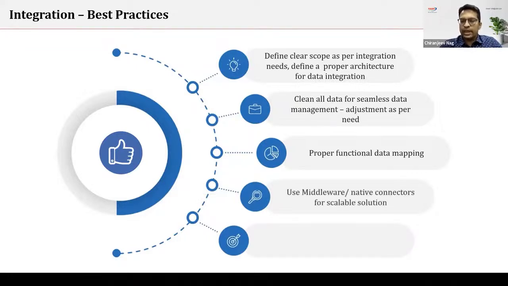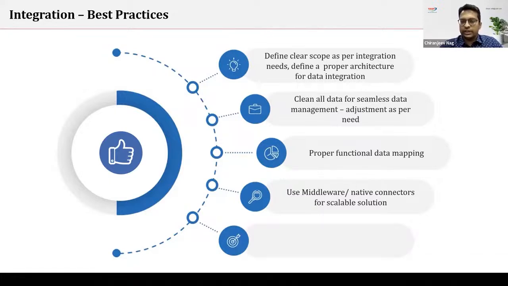So this is why we have options like middleware also. In order to handle data type issues, if it is not possible through the standard way, we can always use middleware like MuleSoft to transform that data and send it to Salesforce, or from Salesforce to ERP. So middleware, as we discussed a couple of slides back, why do we have to use middleware? If it is a global organization, with a lot of third-party applications and a lot of transactions happening, data transformation has to be done due to incorrect data types. This is where we would recommend a middleware.